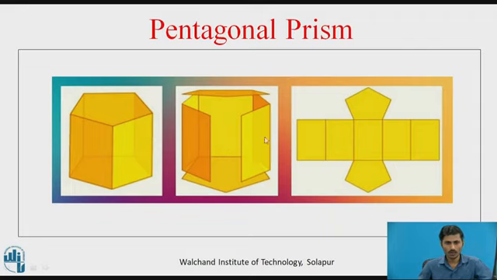All 5 vertical rectangles are to be kept on the development plane, so that we get this type of surface called the development of the prism. The length of this line is equal to 5 times the edge of the pentagonal surface, and the height of this rectangle is equal to the axis height. Here we get two pentagonal surfaces, one for the top surface and another for the bottom surface.